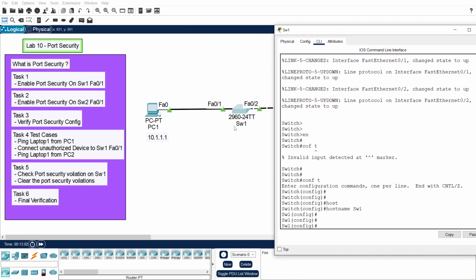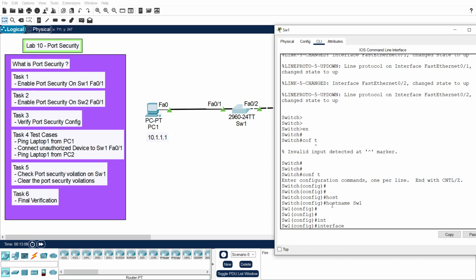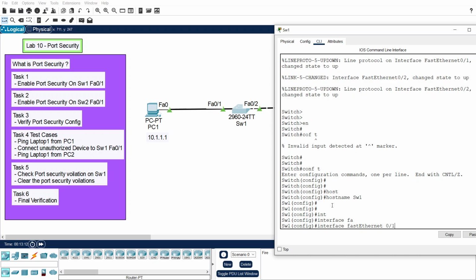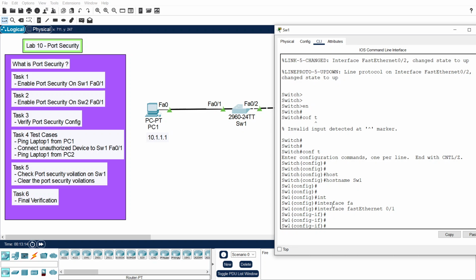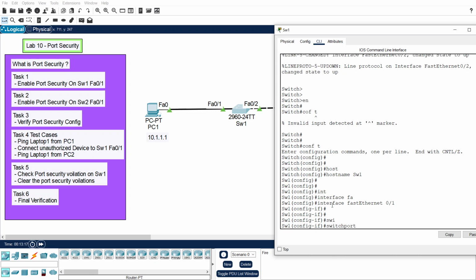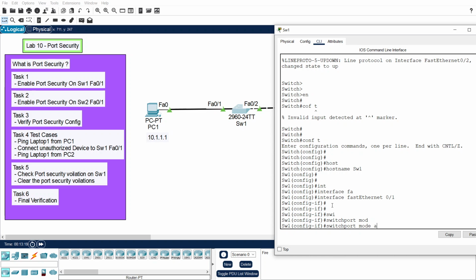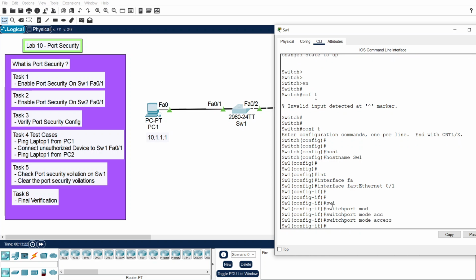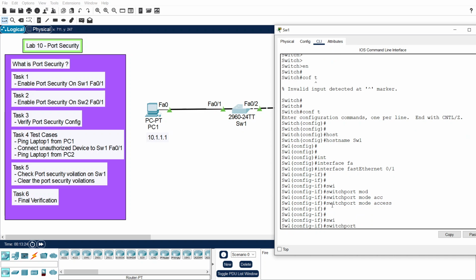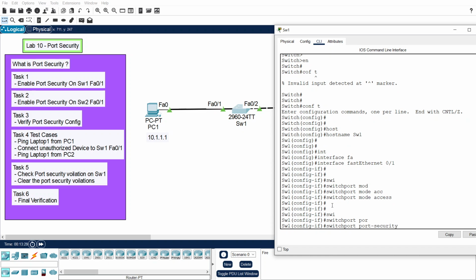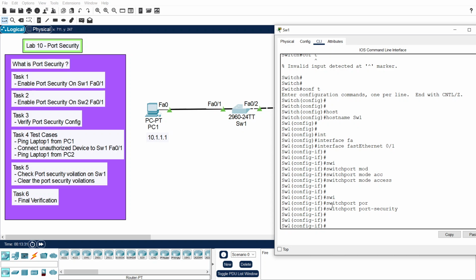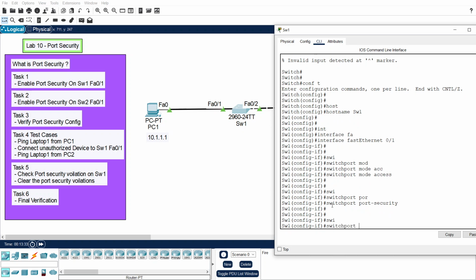So the PC is connected to FastEthernet 0/1 of switch 1. So you go into the interface FastEthernet 0/1, and since it is connected to a PC, I will configure it in access mode, and then I will enable the port security on this particular port, and the security features that I will enable include the